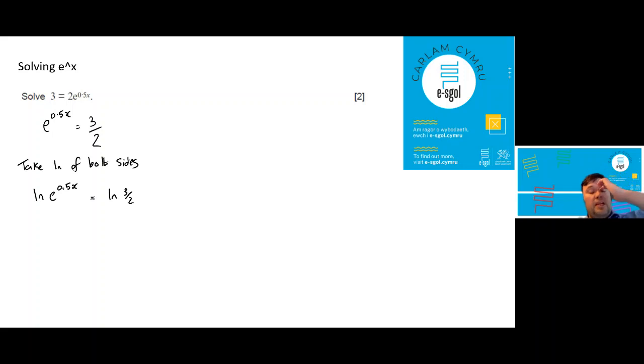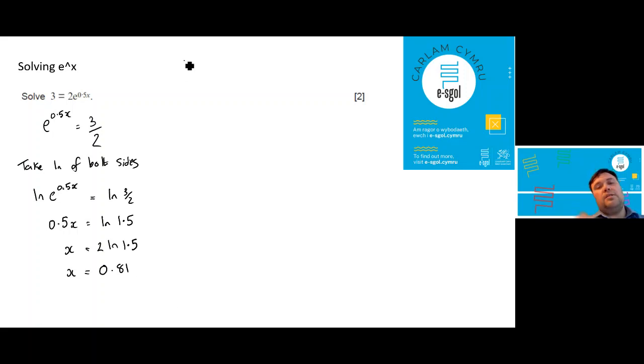And since ln of e to the 0.5x, that'll just be 0.5x. Ln of, let's put it as 1.5. Then it's just a case of you can either times both sides by 2, so that would be 2 ln 1.5, or you can work out ln 1.5 on your calculator and divide by 0.5. It really doesn't make any difference. I prefer to do 2 ln of 1.5, put that into your calculator, and then it comes out as, to 2 decimal places,